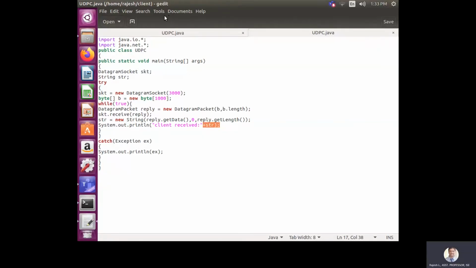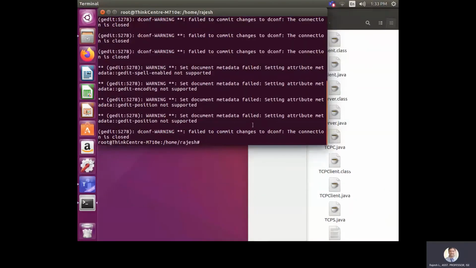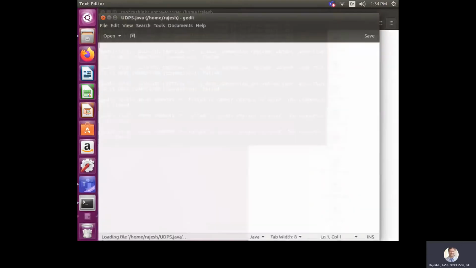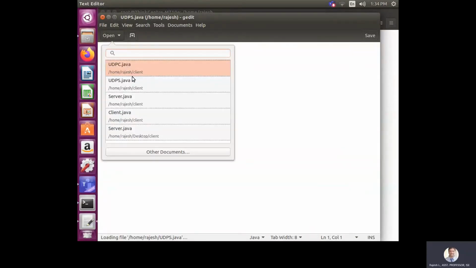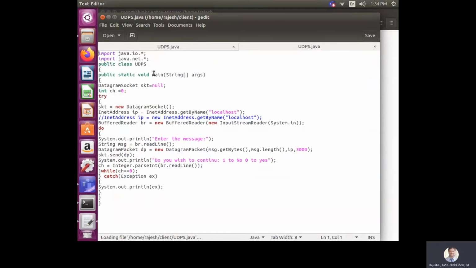Okay, let's go and see the contents of the server side program. gedit UDPS.java. In this program, the class name is UDPS.